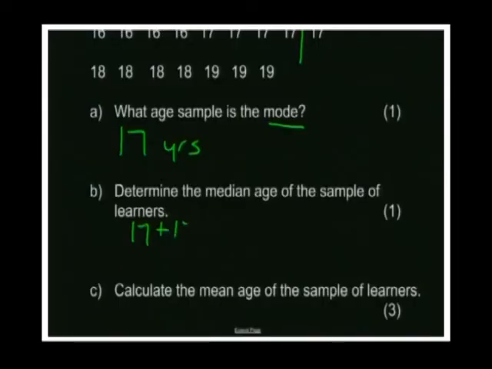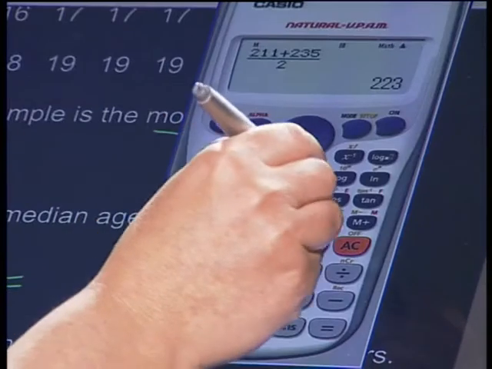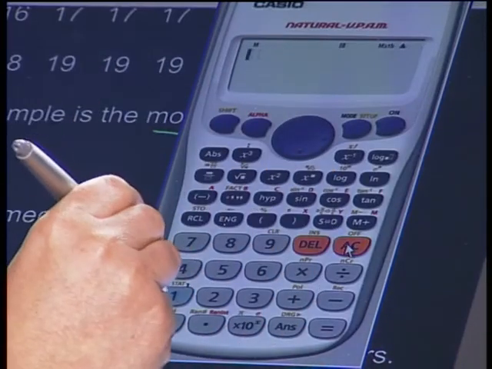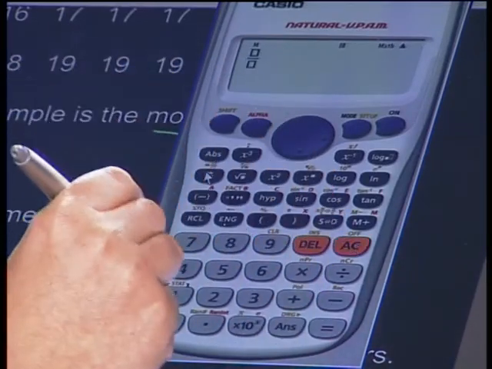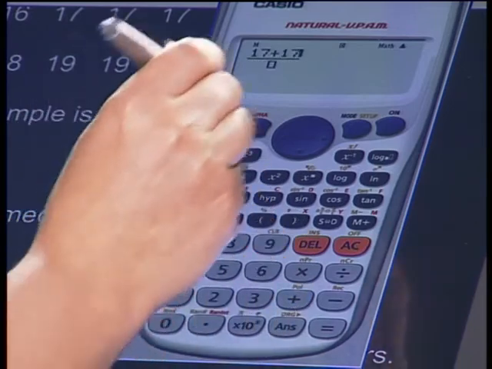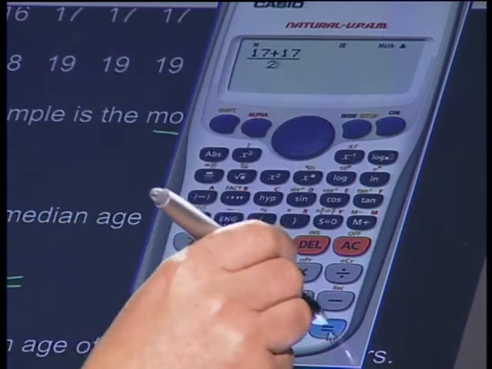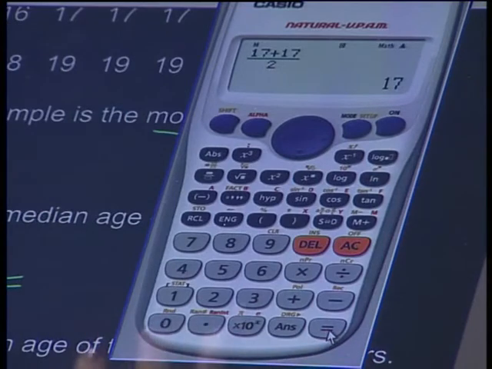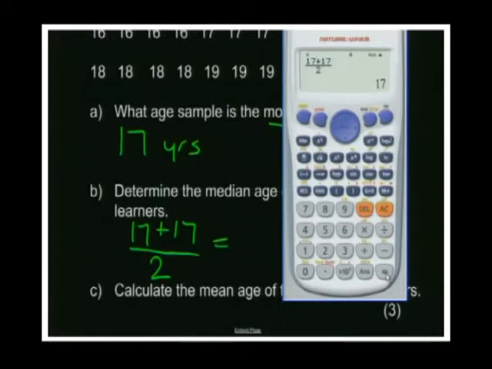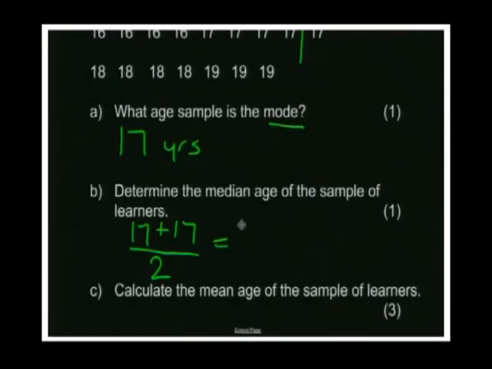But let's go through the calculations of what we did earlier. We said 17 plus 17 divided by 2. And I'm going to use the calculator just to show you, because you tend to sometimes make a mistake. So I'm going to use my fraction button, 17 plus 17 divided by 2, and I get an answer of 17. Is it between the 2? Well, it is the 2. So the number between 17 and 17 is clearly 17, but we're just double checking all that. So my answer is